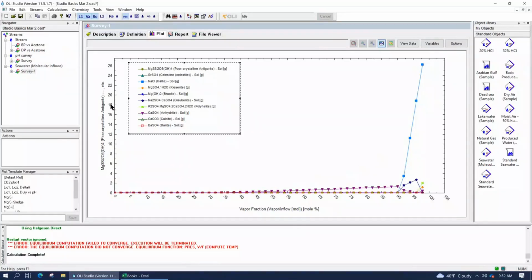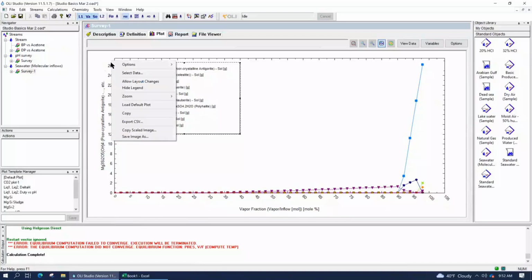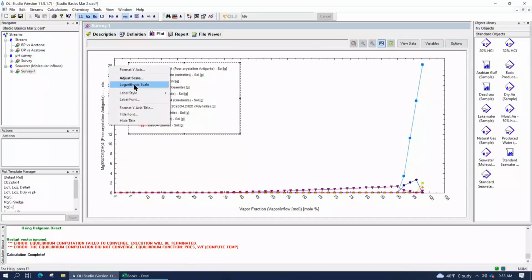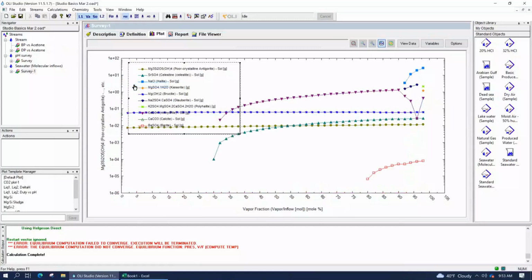One of them could be to right mouse click on any of the values in this column here. You see where all the values are for the y-axis? Just right mouse click in that region. And then there's an option called logarithmic scale. So right mouse click on the y-axis where you see the numbers. Okay, it's got to be where the numbers are, otherwise you won't see the log scale option. And set that to log scale.